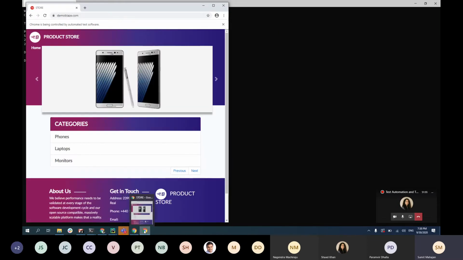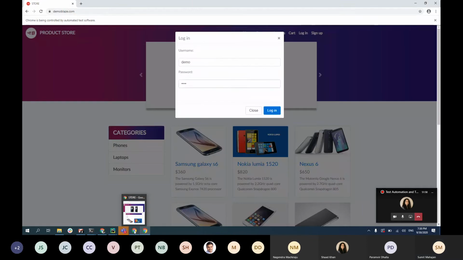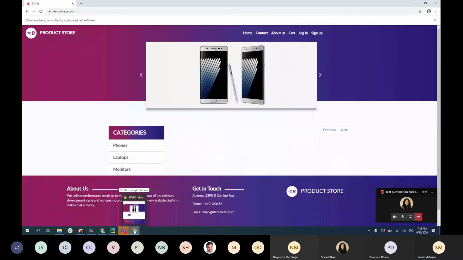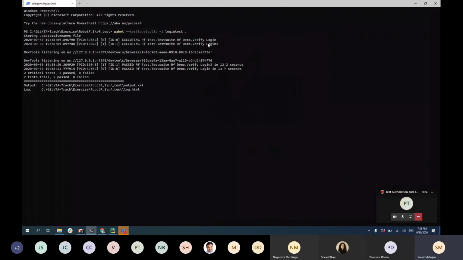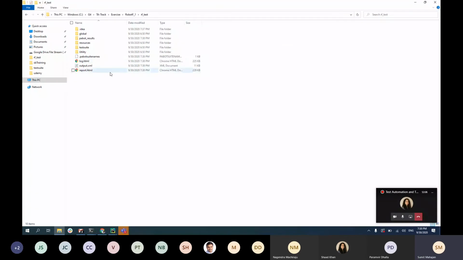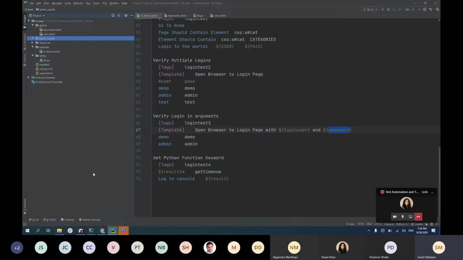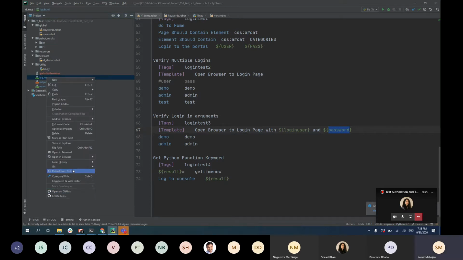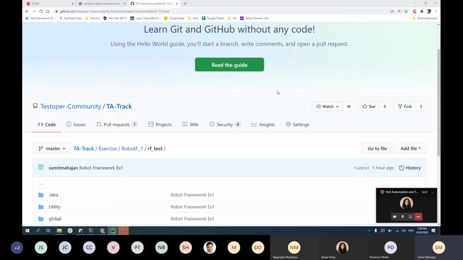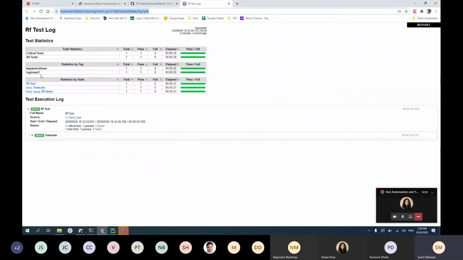So if you look here, there are two browsers that were simultaneously open. One is this and one is this. So it basically did two executions together, login and login two. If I look at the result, it should show me two tests executed, but you can have the outputs from the Pabot as well, right? So if I go to log.html, open in browser. So if you look here,